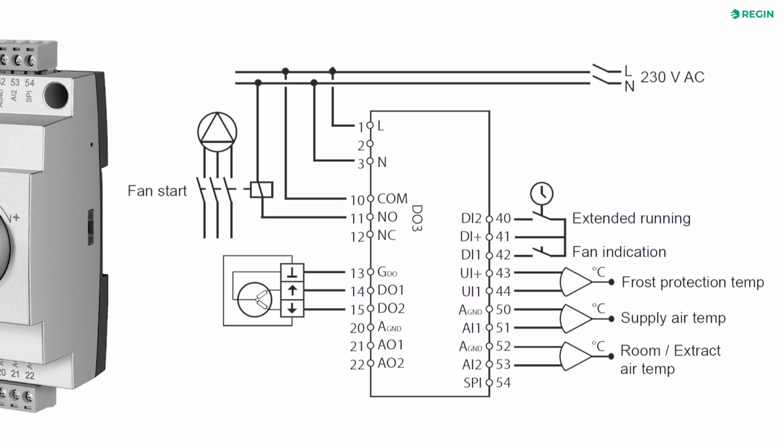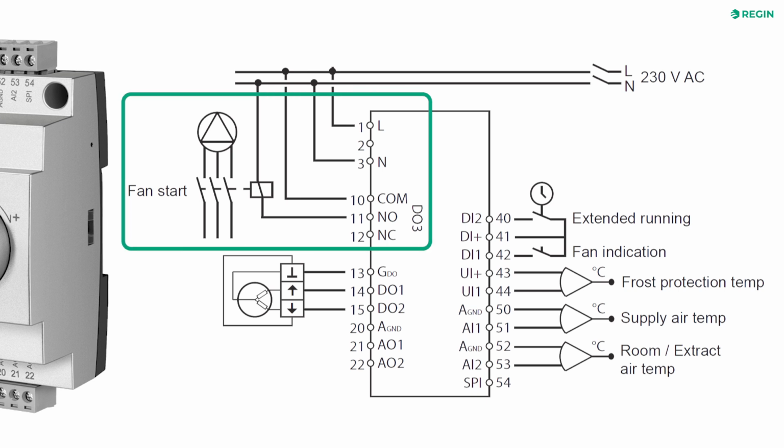In this tutorial, we will configure the controller to heating with a 3-point actuator signal. Please note that in Control Mode 3, the program uses digital output 3 for fan start. The input for fan indication, digital input 1, must be connected and follow the fan output. In other words, if the output closes, the input must also close, or an alarm will be triggered. If there is no fan to start, the simplest solution is to use a relay on digital input 1, which closes when digital output 3 is active.